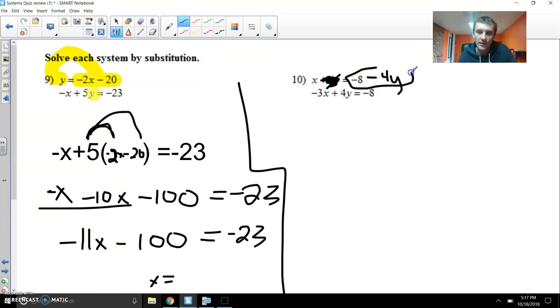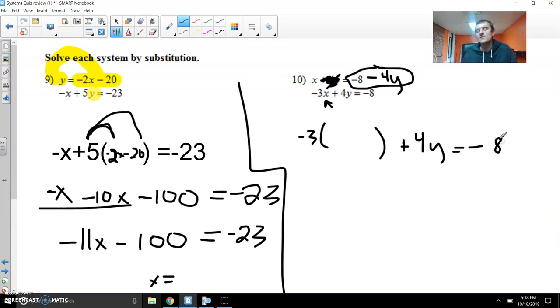So if x equals this -8 minus 4y, I can plug it in where there's an x. So -3 parenthesis plus 4y equals -8. One of the reasons why I always do this is because I want to make sure that I get everything accurately from the last line to this line, and then I can stop and go back and fill in what I need. So once I have that substituted, you can solve for y this time. So start with distribution, and then try to get y by itself,